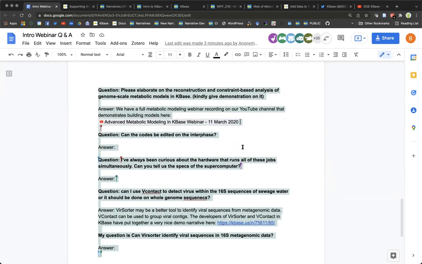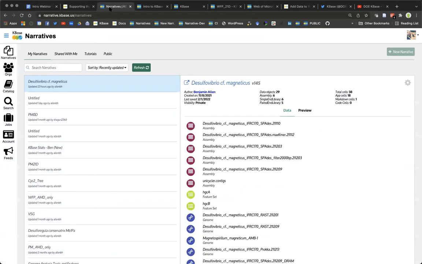Can the codes be edited on the interface? I'm not sure what that one is asking. Okay, can the code be edited in the interface, perhaps? So if you're asking about editing app codes or building apps and altering any of the programs, we're an open source platform, meaning that all of the apps that are in the system are hosted on GitHub. And so if I go back to